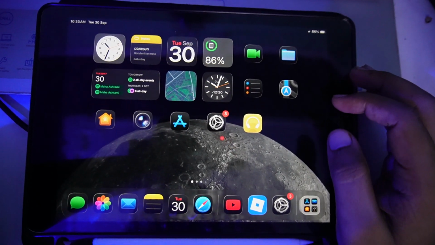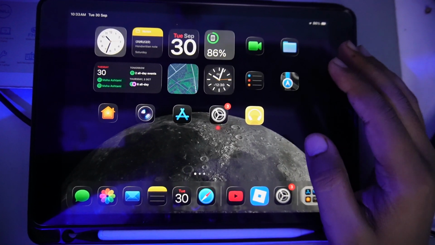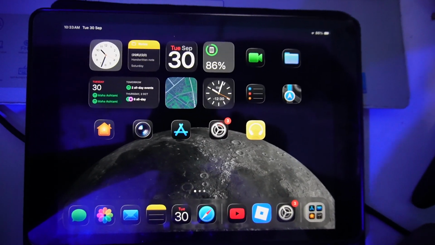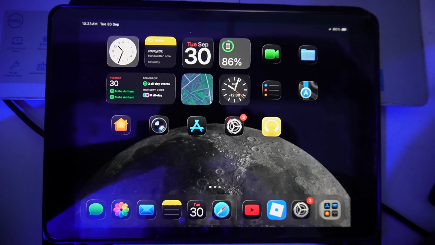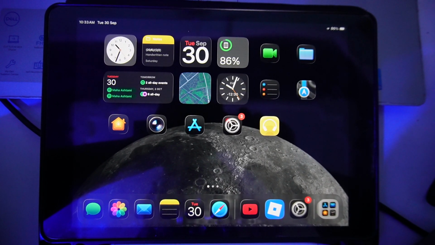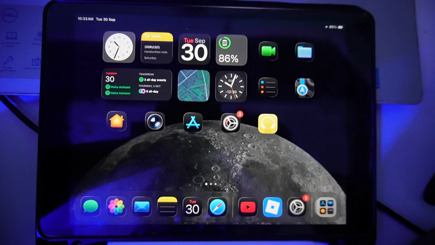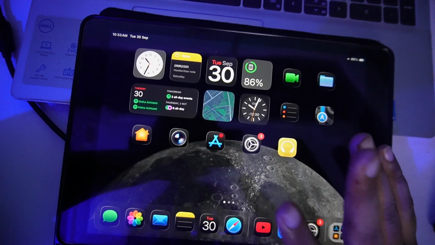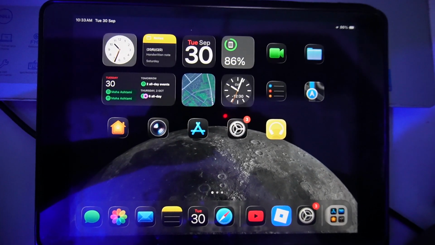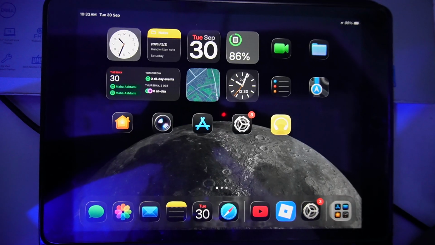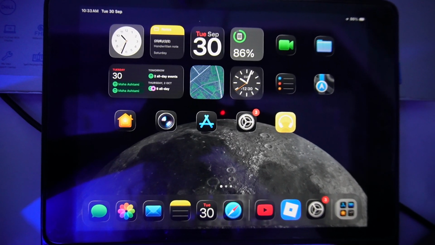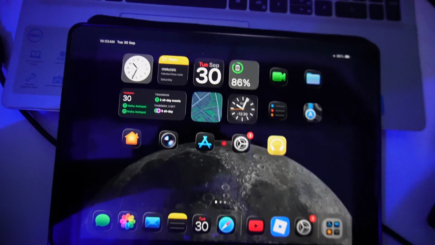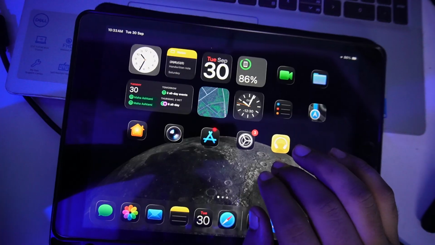In this video, guys, I'll be telling you how to do multitasking on your iPad after the iOS 26 update. After the 26 update, guys, there are lots of drawbacks because people are not liking this update due to the complication. Now if you want to do multitasking, like if you want to use two applications at the same time or three applications at the same time, this iPadOS 26 update will allow you to use your applications as windows, like on your Windows OS.